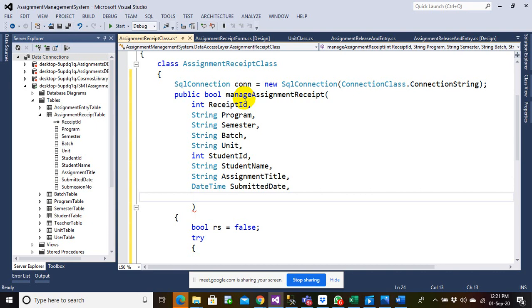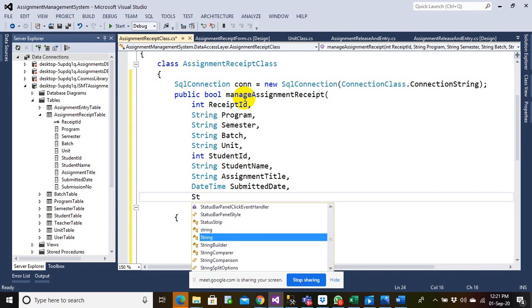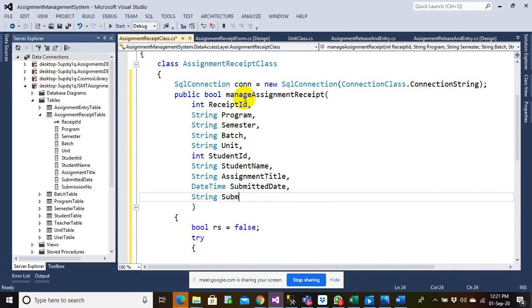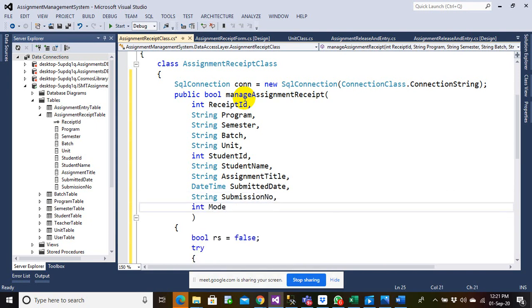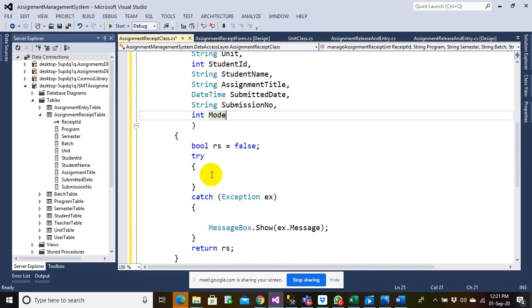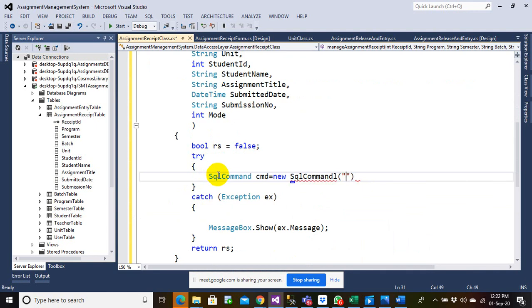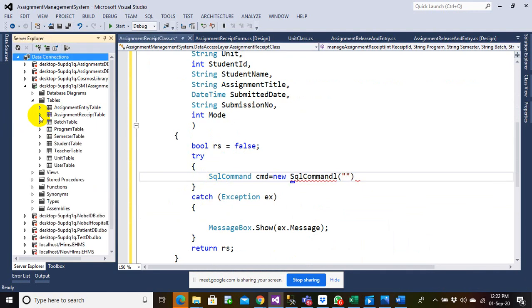Submitted date, submission number, and finally integer mode is the one we need. And here we need to have an SQL command, and we need the stored procedure name. Let me check what I have done with the stored procedure.